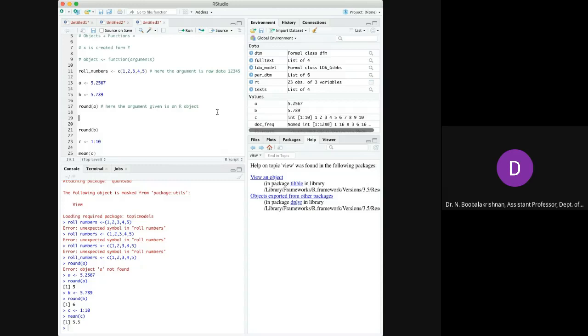One more type of argument can be a result.